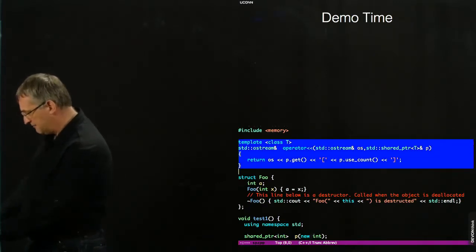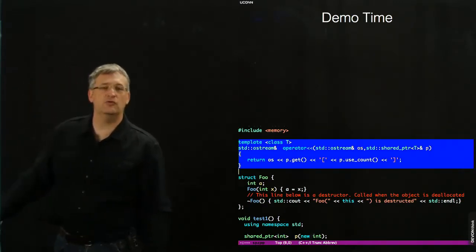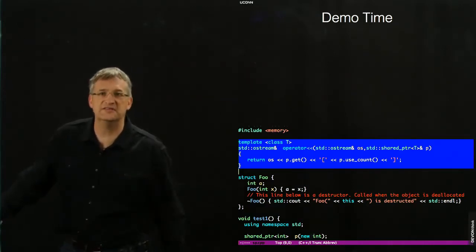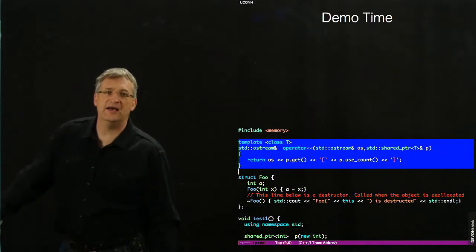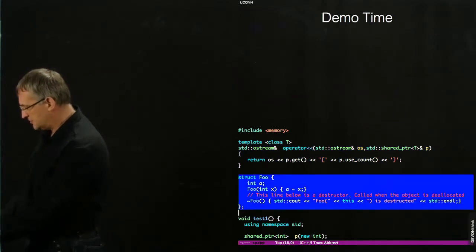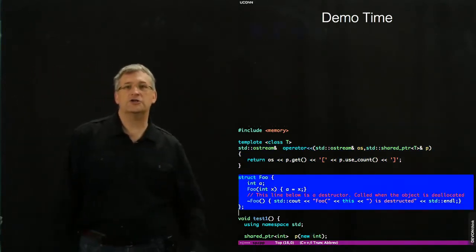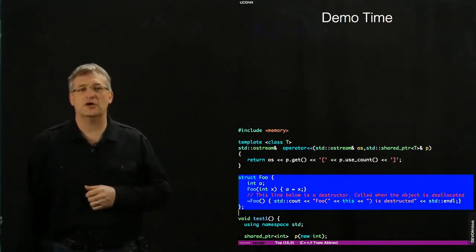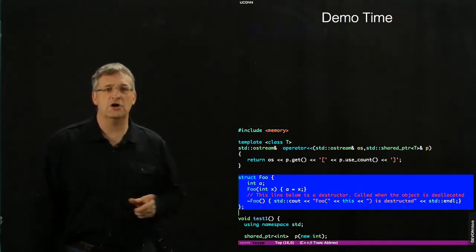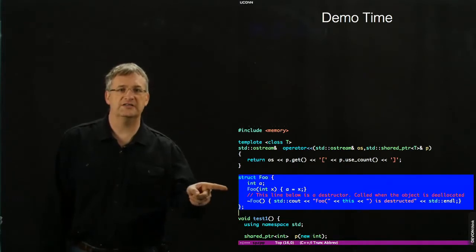So here I've updated my printout routine to print not only the pointer using get, remember, here it's no risk, it's just for printing, as well as the use count to report how many owners exist for a shared pointer. The second thing I did is create a structure. So this structure is an object, and we've already seen structures with methods. So this is a structure called foo with one attribute, an integer, a constructor that initializes the integer,